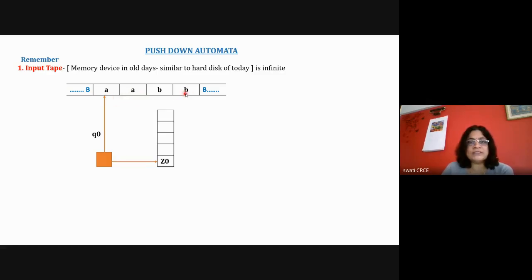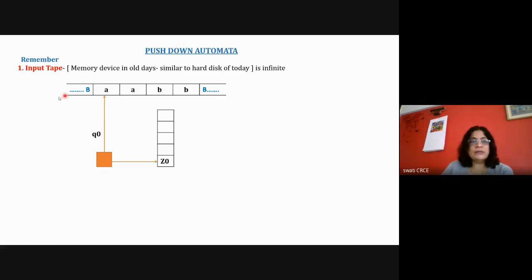After processing this word on the input tape, and that's why the name is input tape, the tape on which the input of your problem is stored, the machine is designed to process this input, and it will reach the final state. So you have the infinite tape, and on the infinite tape you have stored your input word belonging to this language. So two a's and two b's are stored. After processing this input, the machine will reach the final state. And then we say that the machine is acting as a recognizer for a particular pattern or particular string, or it is acting as an acceptor for a particular string.